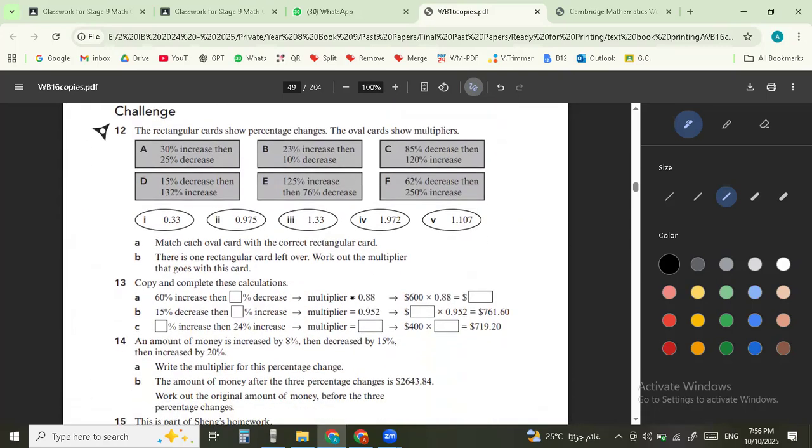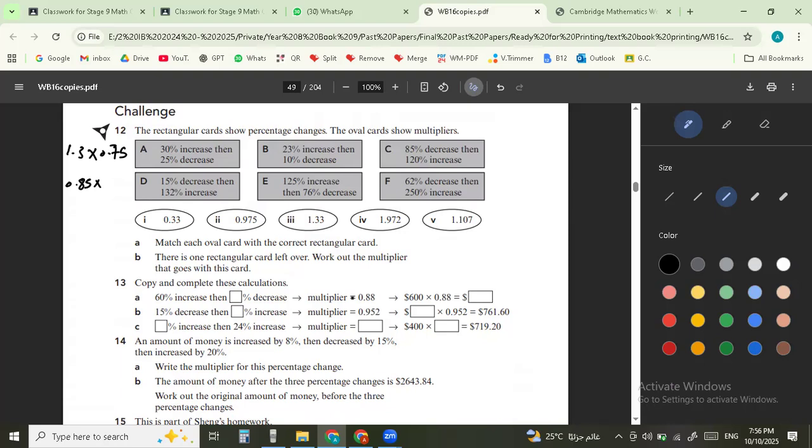The last page over here, you just need to find the multiplier of each rectangular card. So here, for example, in the first one, 30% increase, then 25% decrease, just multiply 1.3 by 0.75. It will give you one of the oval cards. The second one here is going to be 15% decrease, so it's 0.85 times